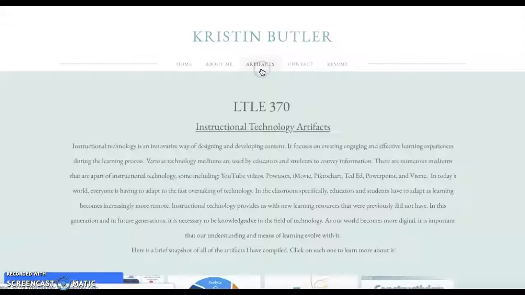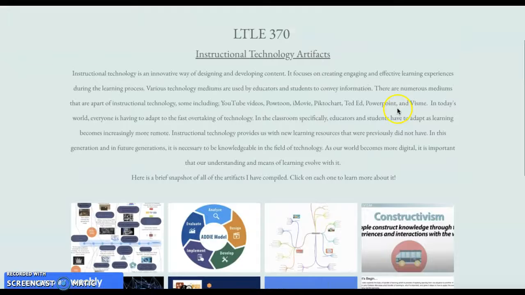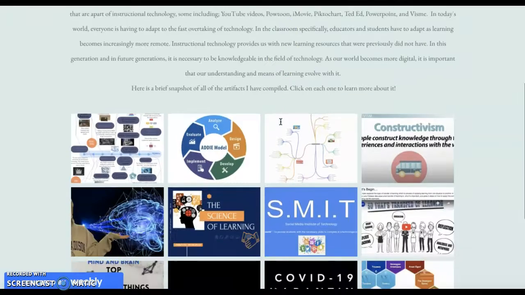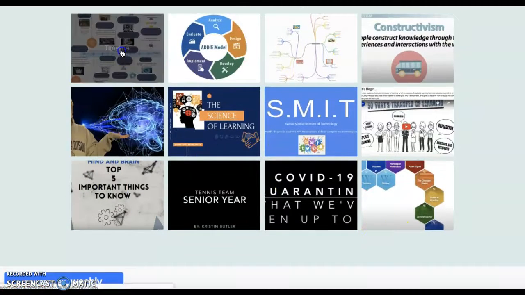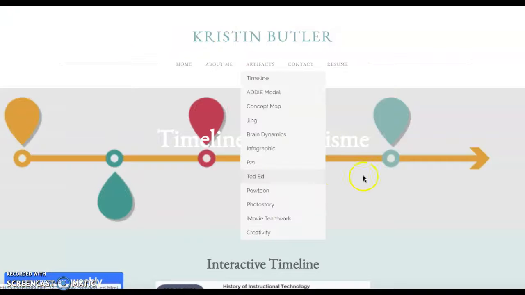I then have my artifacts. So if you click on that, here is a brief overview of instructional technology as well as why I feel as though it's important, and then a quick snapshot of every single artifact I did. I decided to do 12 artifacts, and if you click on each one, it takes you directly to that